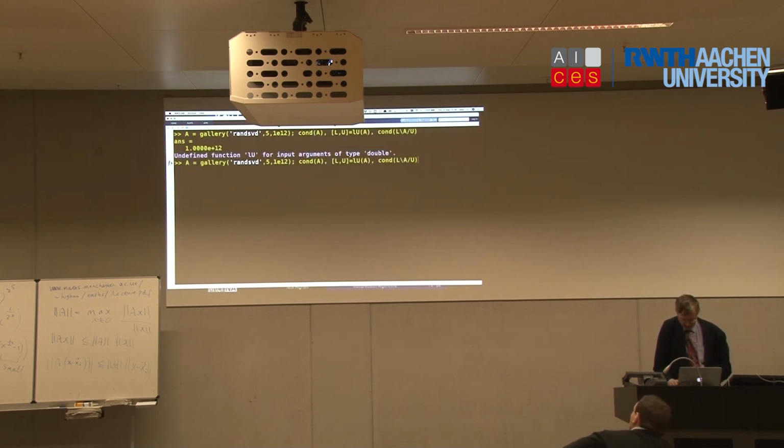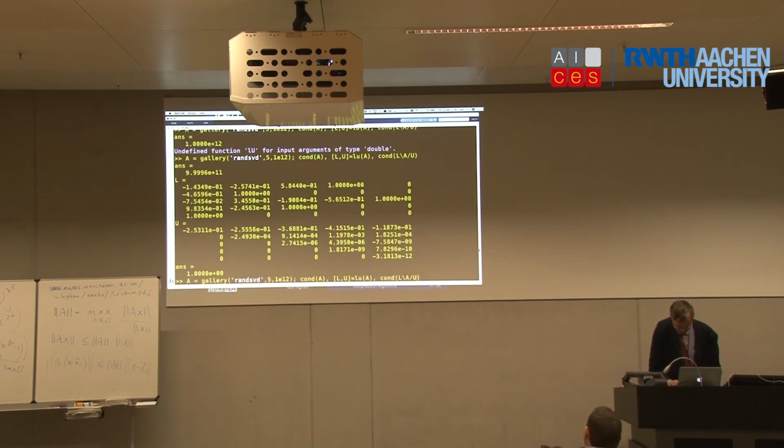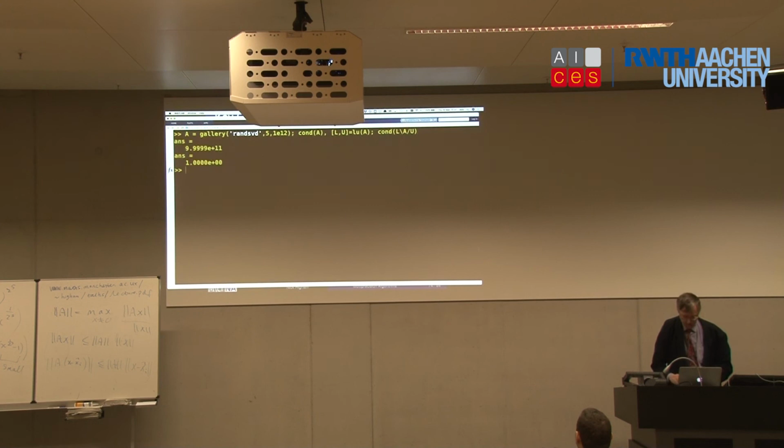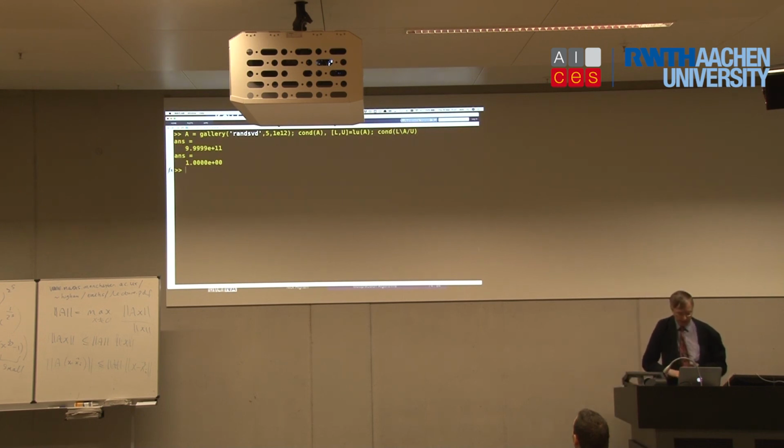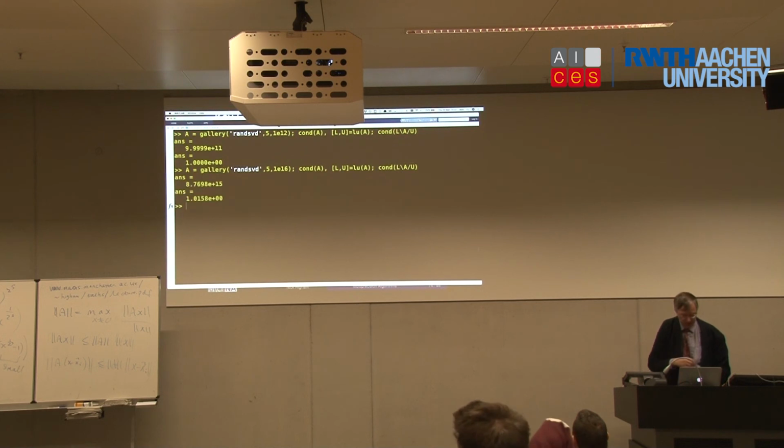LU should be lowercase. Let's print it in a shorter format to make it fit better. Okay, so my initial matrix has got condition number 10 to the 12. After this scaling, it's got condition number 1. Is that what Rump said? Yeah, because he said the condition number gets multiplied by the unit roundoff. The unit roundoff is 10 to the minus 16, so that will certainly get rid of the 10 to the 11. What if I make this 10 to the 16 now? Yeah. A numerically singular matrix, again, condition number gets down to order 1 after you do this preconditioning.